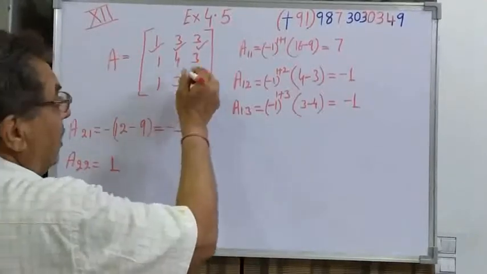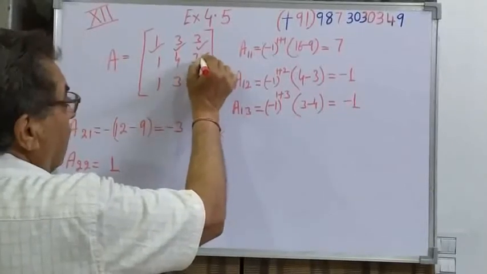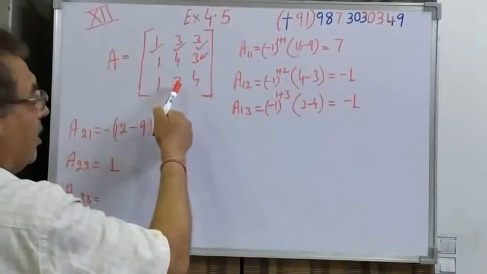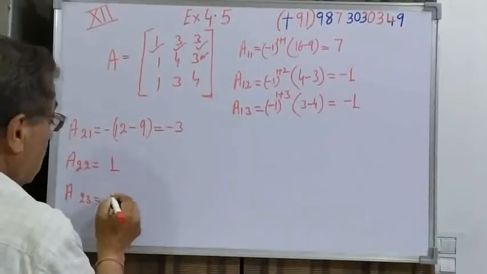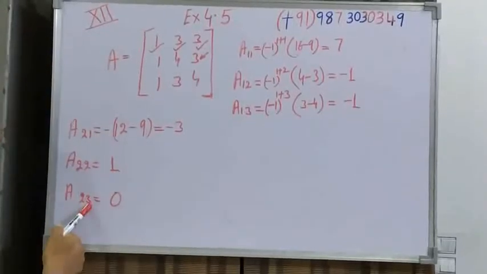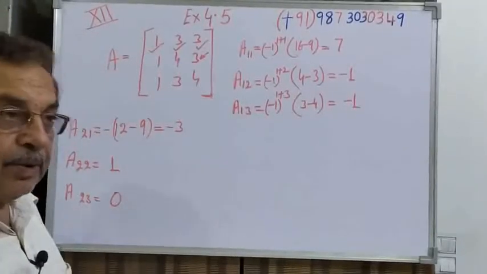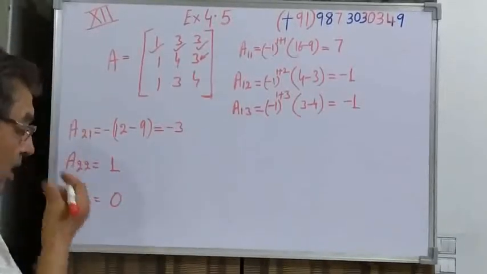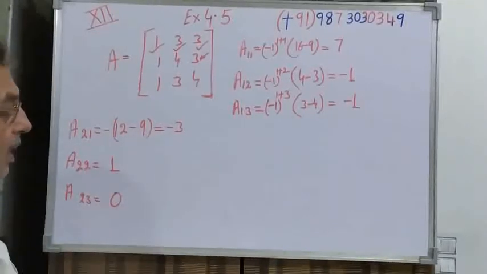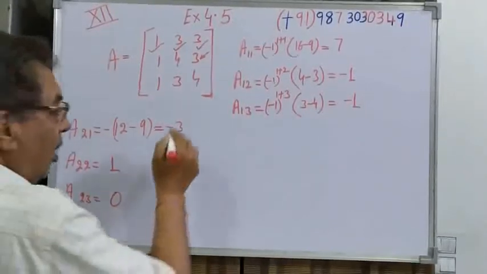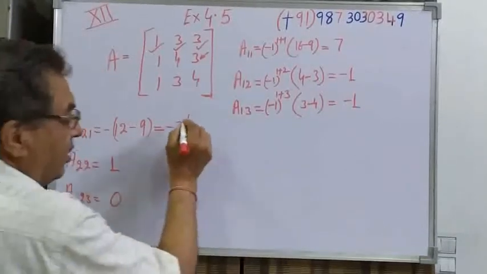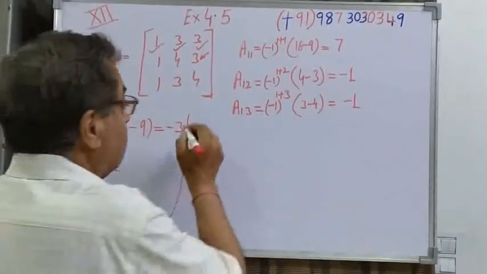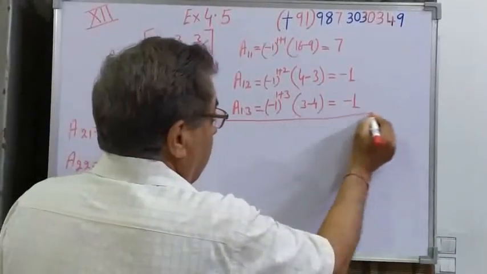And what is the A23? This 3 is there. We find the A23. Hide the third column, second row, 1 3s are 3 minus 3, 0. Negative sign, 2 plus 3, 5. Next to 0 means 0. 0 has no sign because 0 is never given a sign. It has neither negative nor positive sign. It just demarcates the negative real numbers and the positive real numbers. It is in between those.